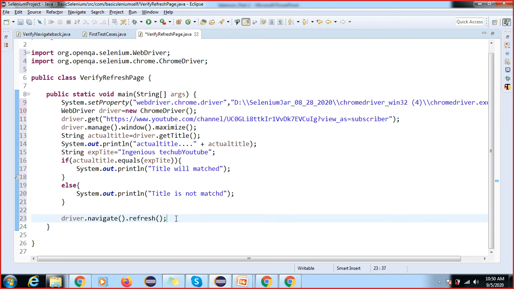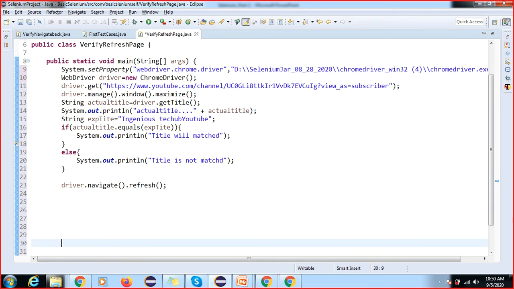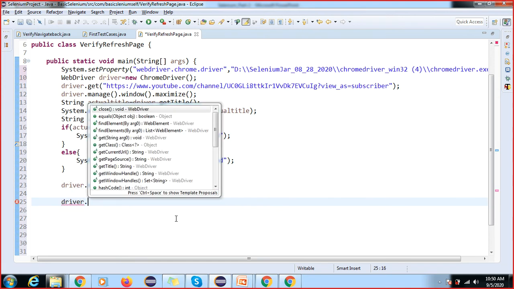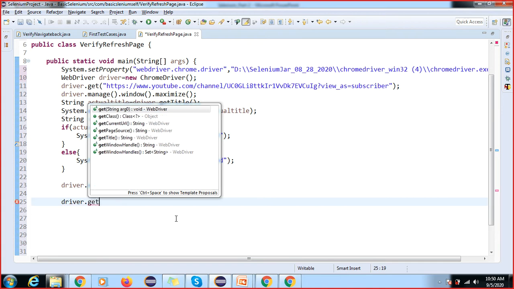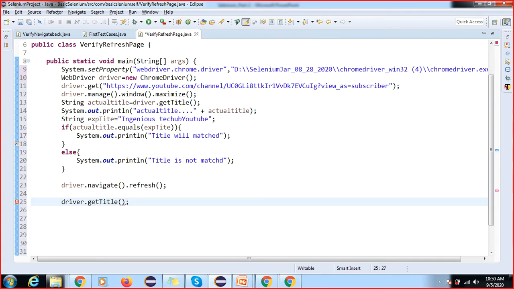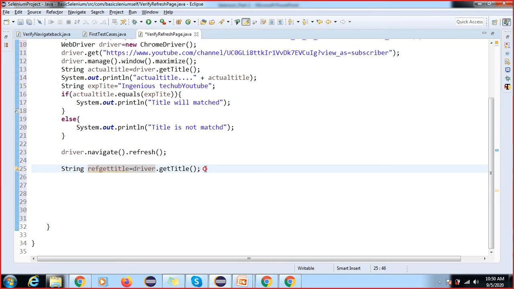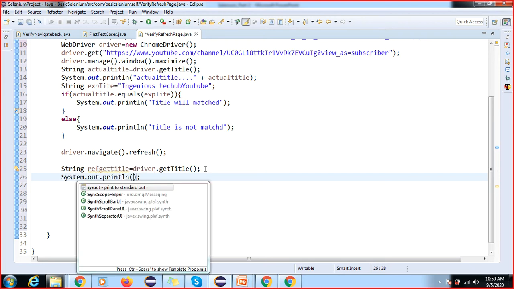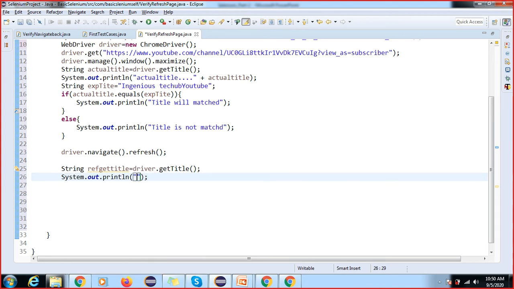Now again I am doing the same thing: after refreshing, what title comes, that I have to validate. So getTitle, and again I will store it inside one variable, refreshTitle. You can see how I am taking the variable name; you have to write the variable name as per your steps.